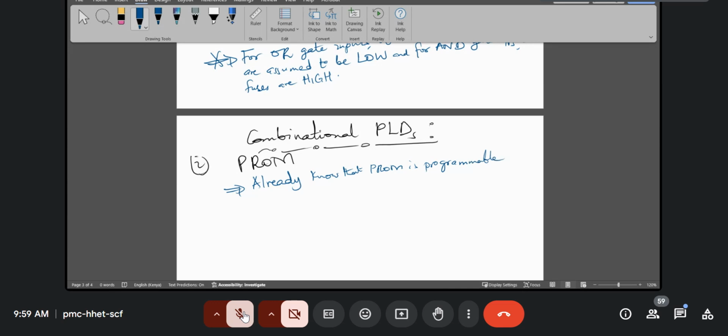When we covered it, we covered it from a memory device angle, that we could use it to store a 0 or a 1,